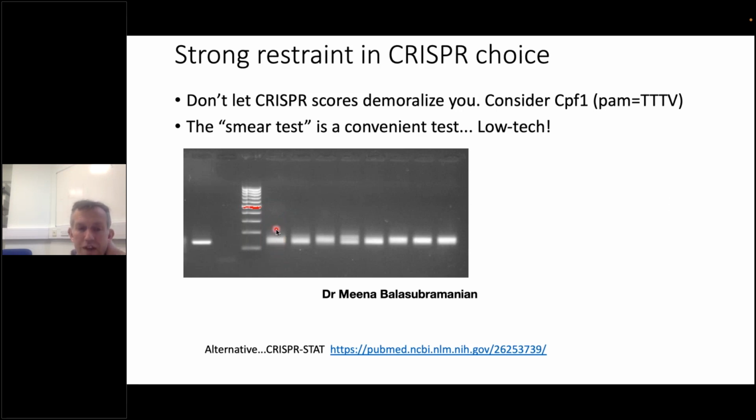So you get a very imprecise PCR product that is covering a range of sizes. So that means that we know, yes, the CRISPR guide that we're using is efficient and is working. If you don't want to use this technology, there's another technology called CRISPR-Stat, and I've put the website for that over here.